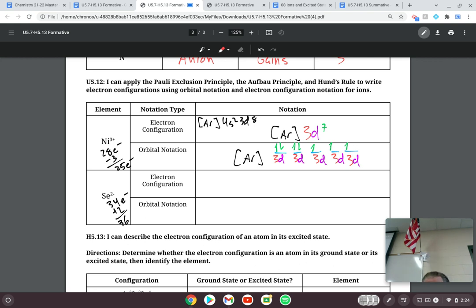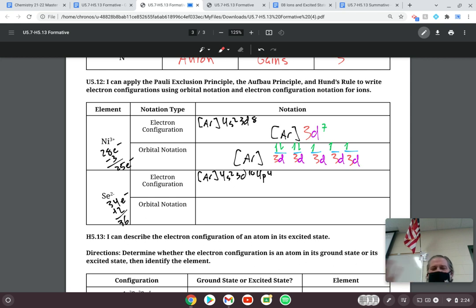So if it has 36 electrons, if I were to write it as it was before, selenium is in the, let's see, 4th row. So the noble gas that comes before it is going to be argon, and it would be like 4s2, 3d10, 4p4, something like that. Right? Did I do that right? Am I doing selenium? Yeah, I'm doing selenium. Okay. Now,